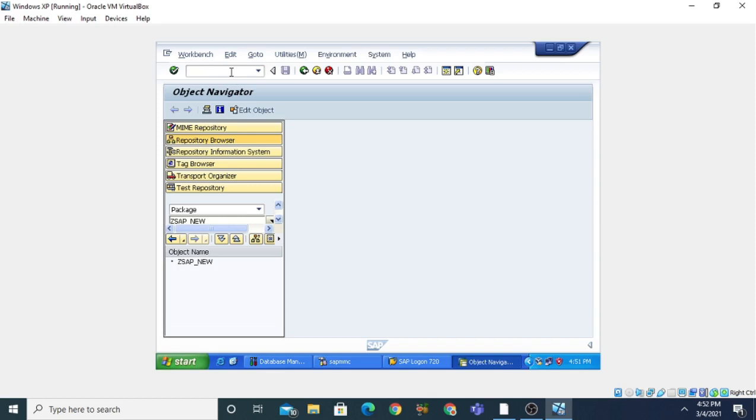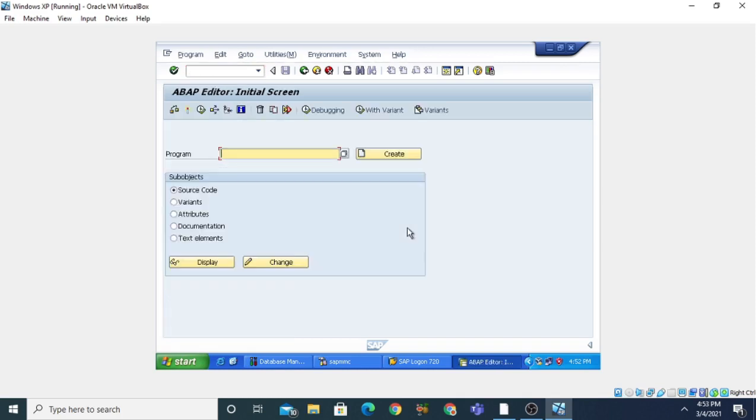So firstly we need to close it and open the other workbench tool. For doing this you can use /n and then SE38. When we use /n, it will close your current workbench tool and then open the new workbench tool. When we press enter, it will close the object navigator and open the new workbench tool.